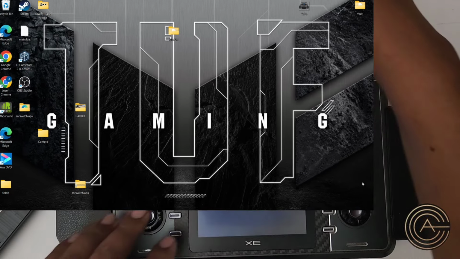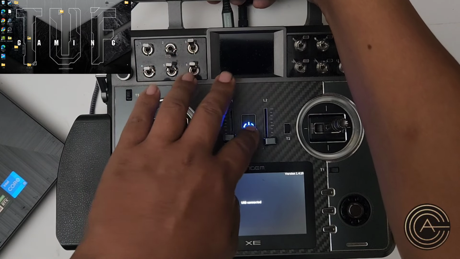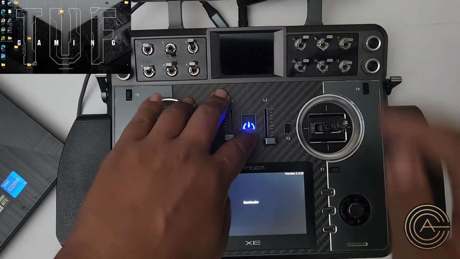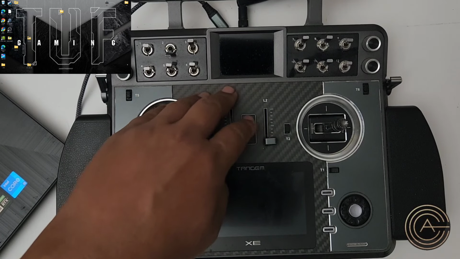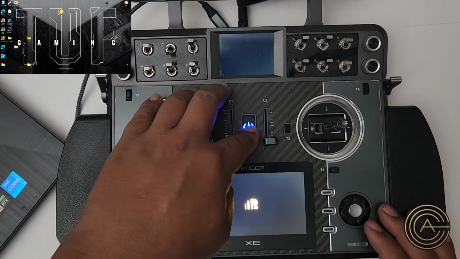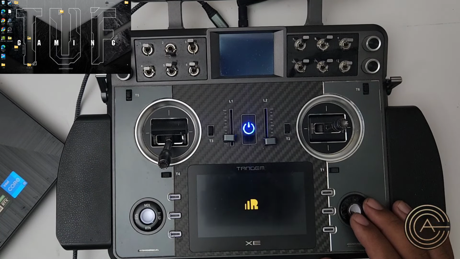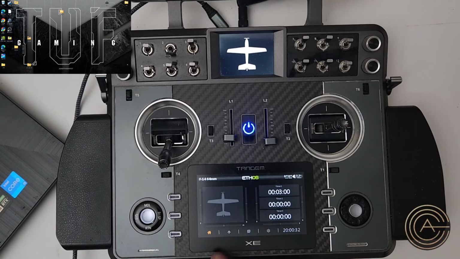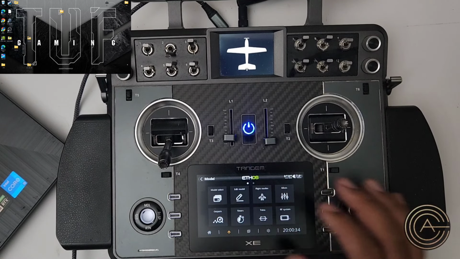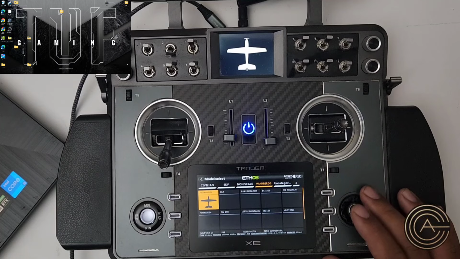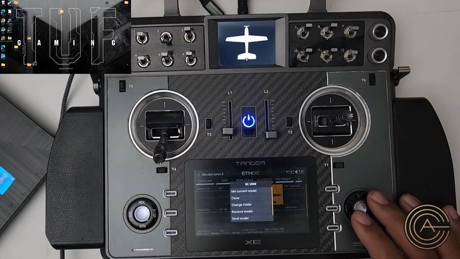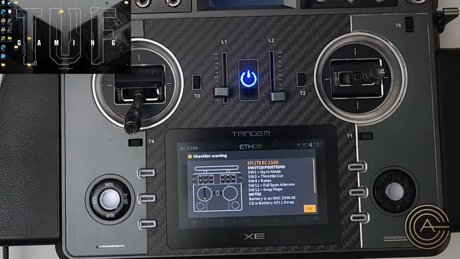Okay, now I go ahead and turn off my radio. Actually, I can disconnect, turn off my radio, turn my radio back on. And let's see if it works. So I'm going to go ahead and go to Warbirds over here, go to EC1500, set current model, and there